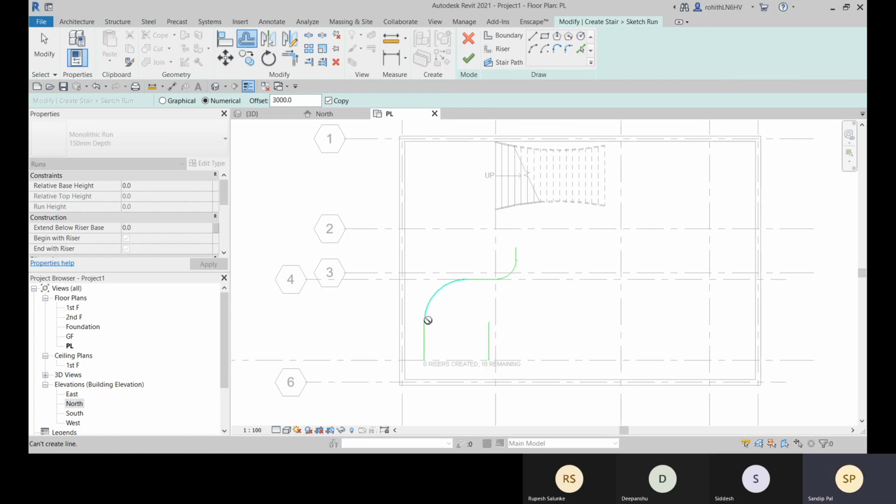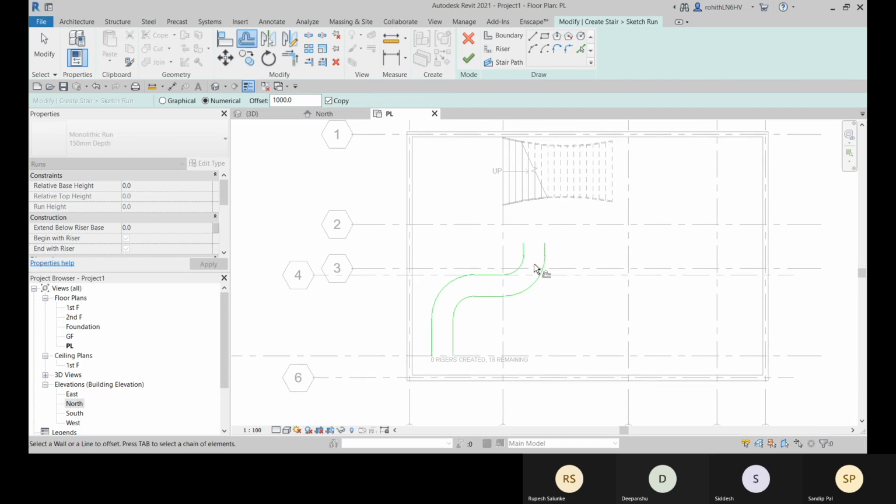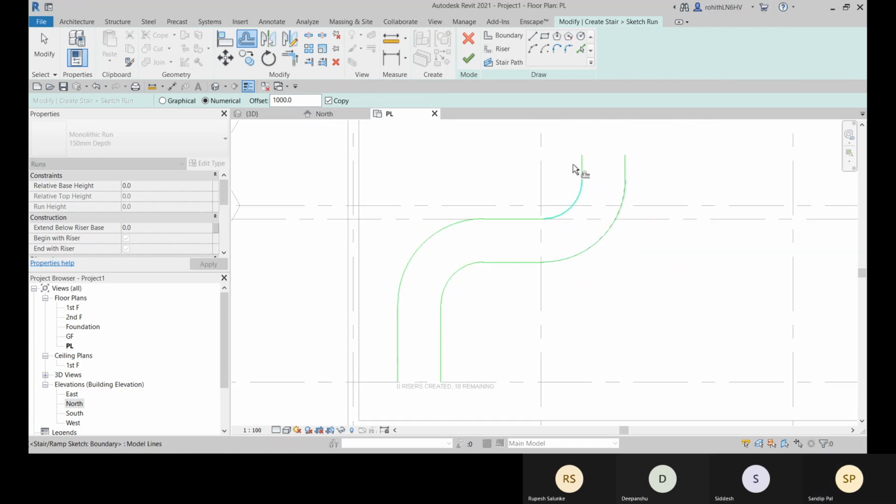Okay, so that is not possible for the 3000. Okay, so let me go for 1000 here. Let's check with the 1000. Okay, and then go for riser.